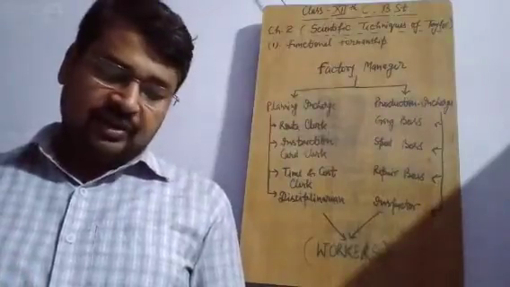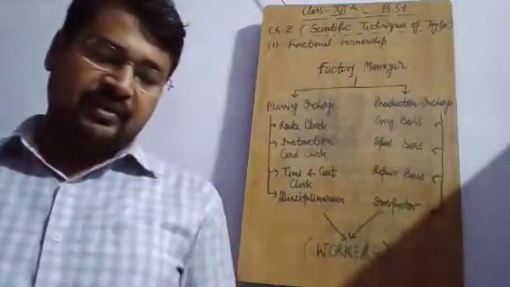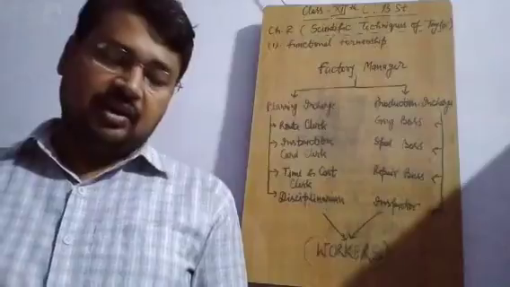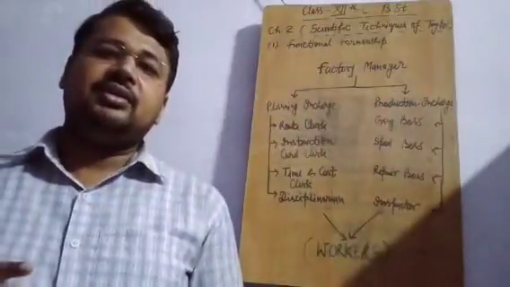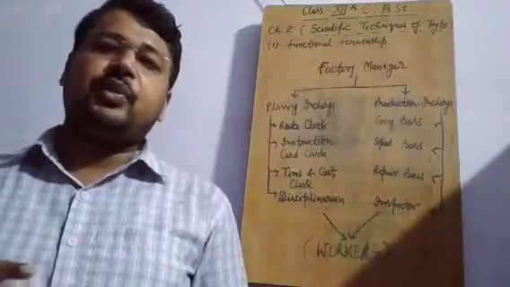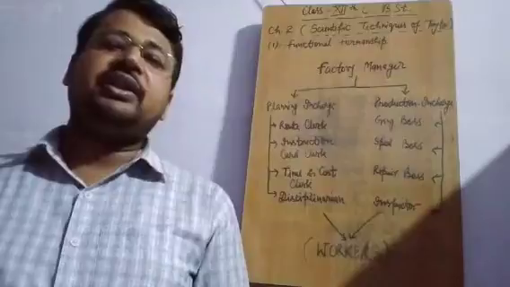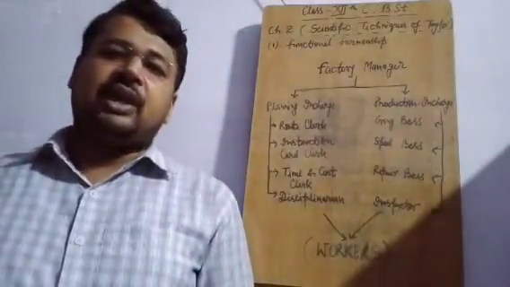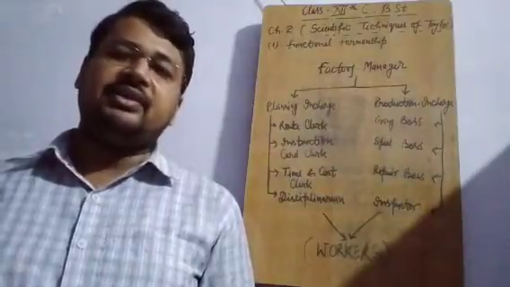Taylor also stressed on minimum 8 specialists or functional experts to supervise and give orders to workers. Each boss will be specialized in one aspect of work. So Taylor is emphasizing on specialization. If a person is given responsibility to handle 2 or 3 departments, then he will not be capable enough to handle them with the needed efficiency.